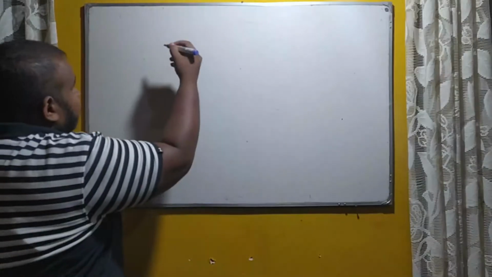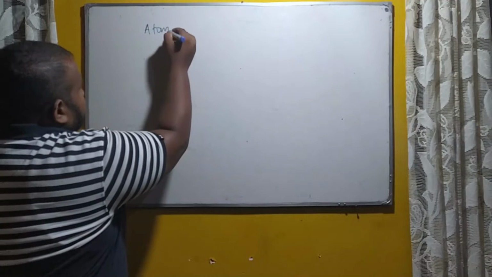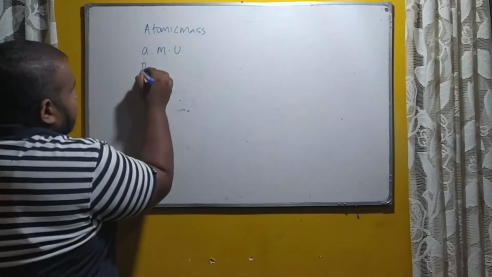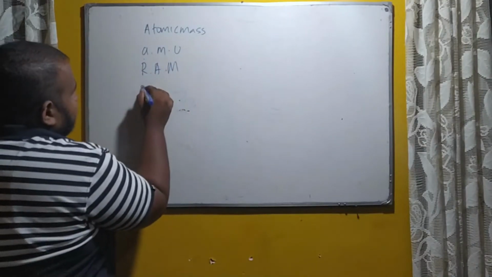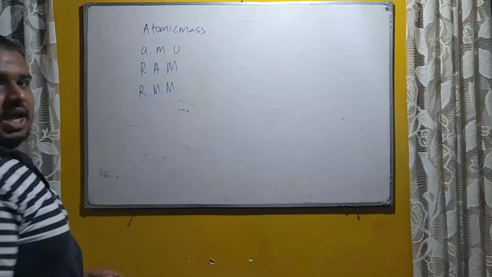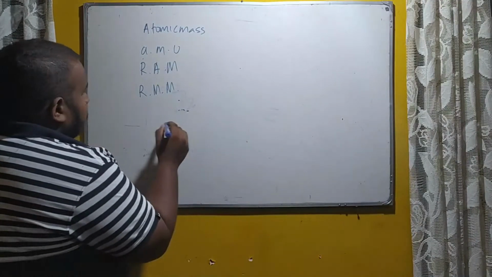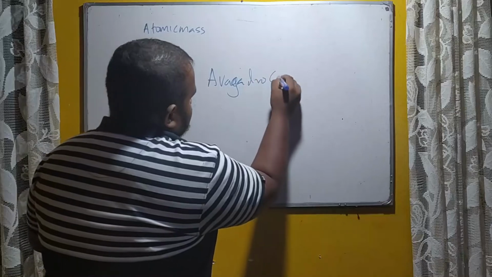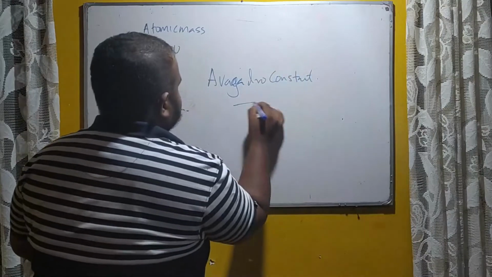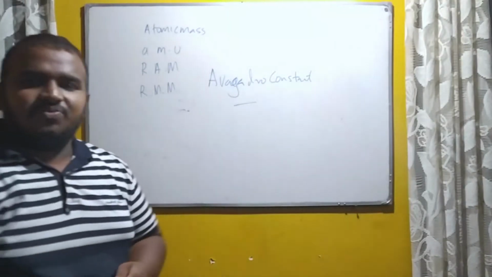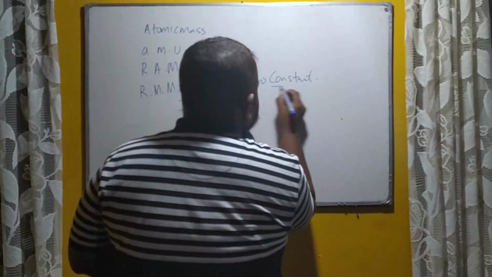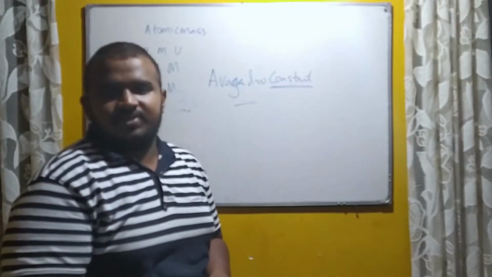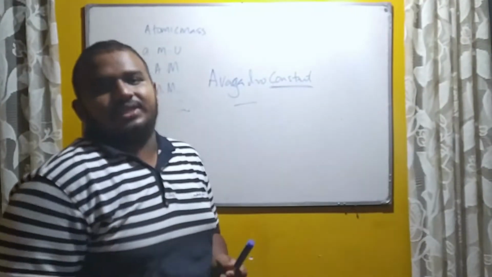Just to revise, we studied about the atomic mass and the atomic mass unit, and then the relative atomic mass, and finally relative molecular mass. Now I am going to introduce a term called Avogadro constant. You might be confused about what the Avogadro constant is. So let's first say what a constant is. Simply, a constant means a not changing value.